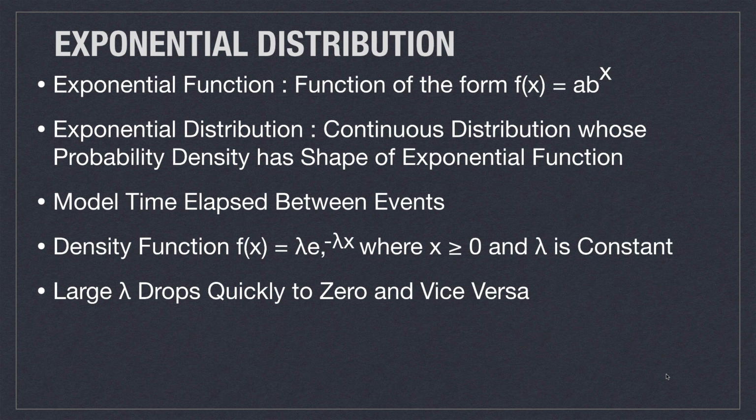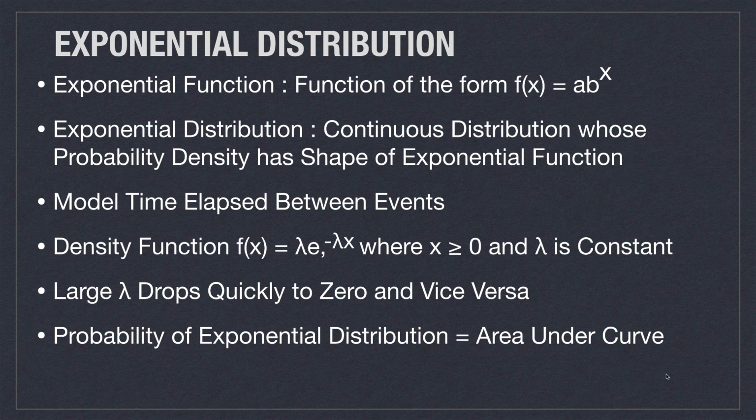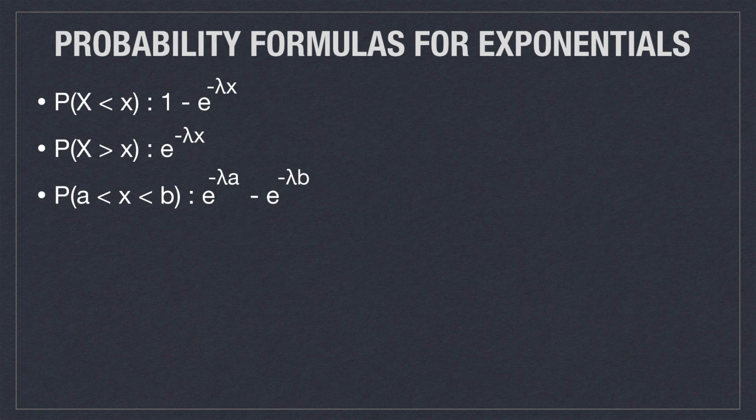Now, a large lambda is going to cause the slope of the curve to drop quickly to 0, and vice versa. And like previously, the probability of an exponential distribution is going to be the area, once again, under the curve. And you can see here all of the different formulas that we're going to be using for exponentials. So less than x, greater than x,